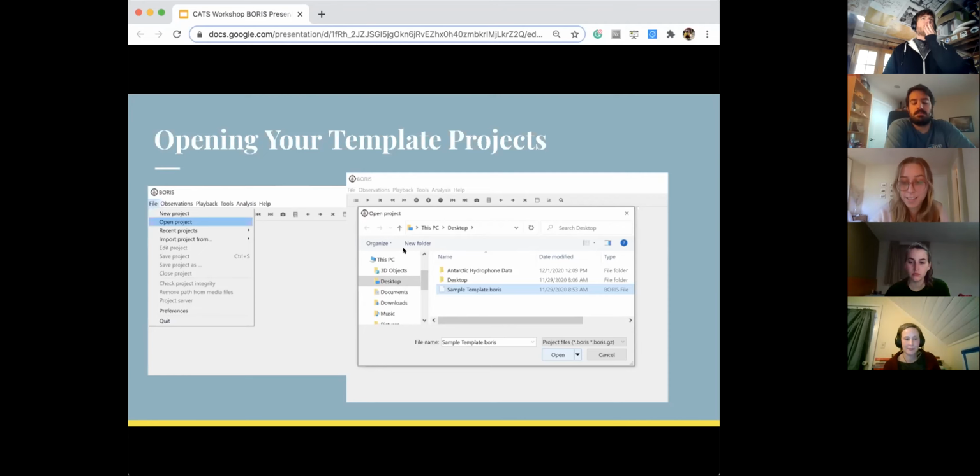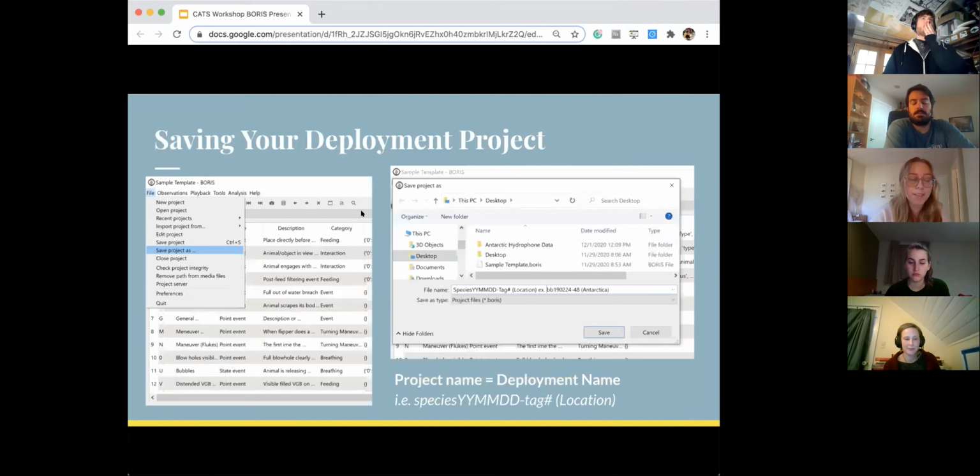Regardless, once you've selected your template, the most important thing you want to do is not overwrite your template. And the best way to do that is just to save it as a separate thing. Once you've done that, you're no longer going to be editing your template. You won't have to reopen this new version. It will just do that for you. But this is super important. You don't want to end up halfway through your auditing and realize that you've just overwritten all of your main template. And the way that we recommend you do this is to keep the project name consistent with